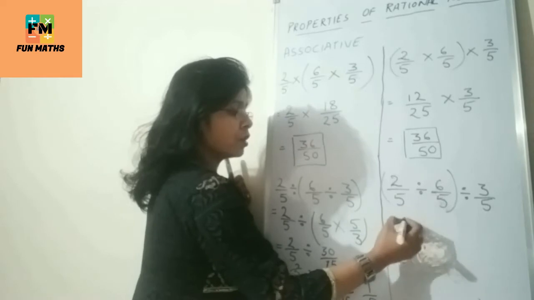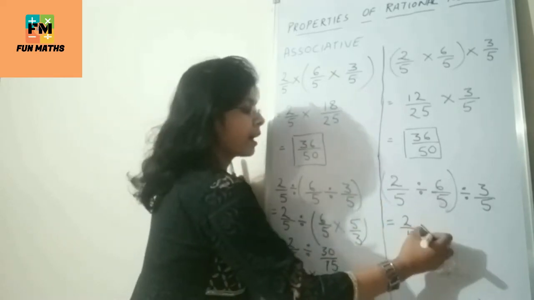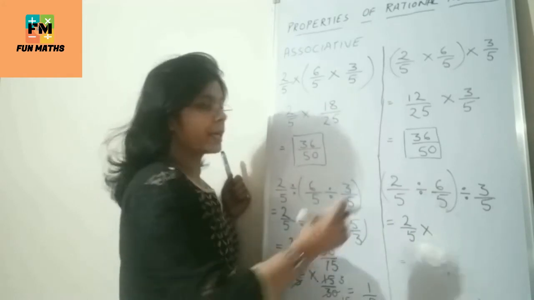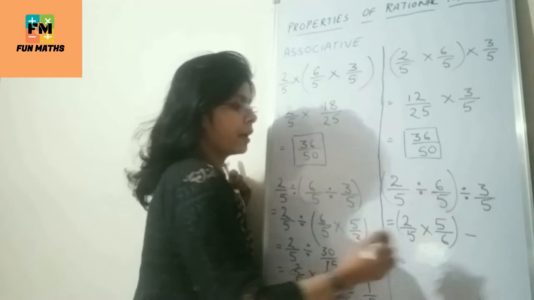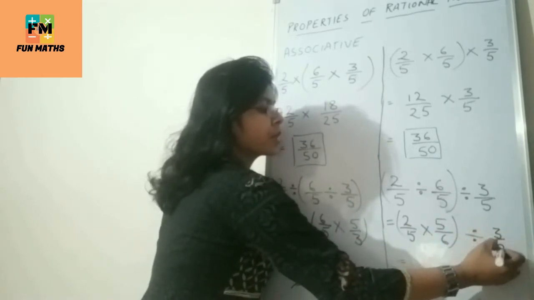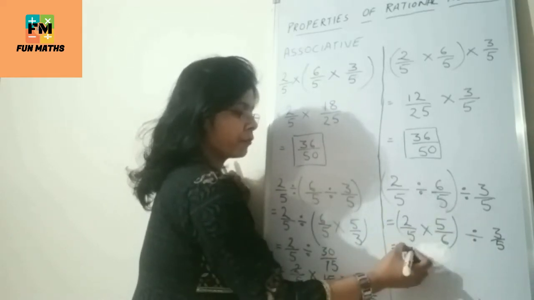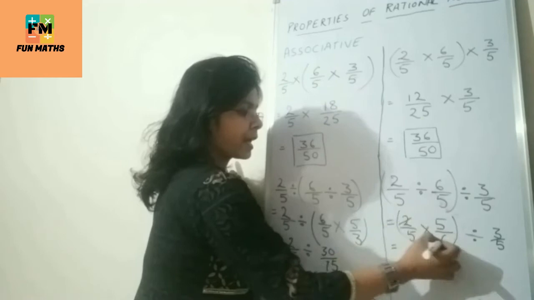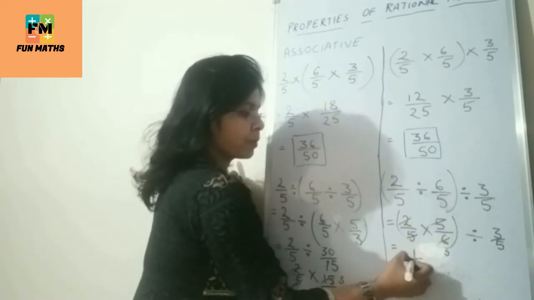First we have to solve the brackets. So the first rational number I will write. Then I will convert this division into multiplication. I need to write the reciprocal of the next rational number, that would be 5 by 5. And then we are copying the next rational number as it is, right? Now let's solve the brackets. So 2 into 5 would be 10, or you can simply cancel out over here only, right? 5 and 5 would be cancelled, so it would be 1 by 3.